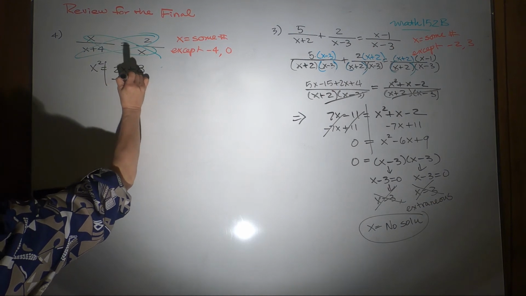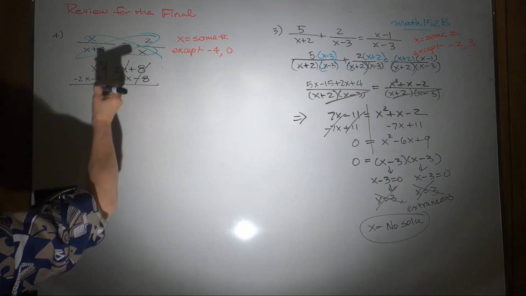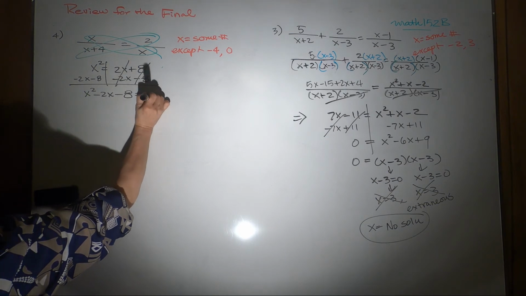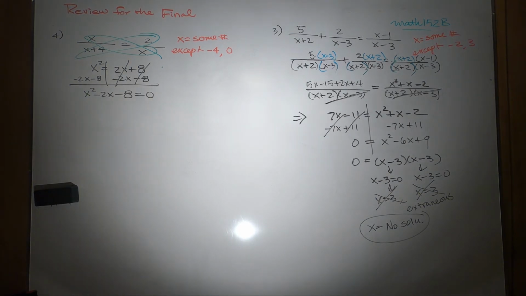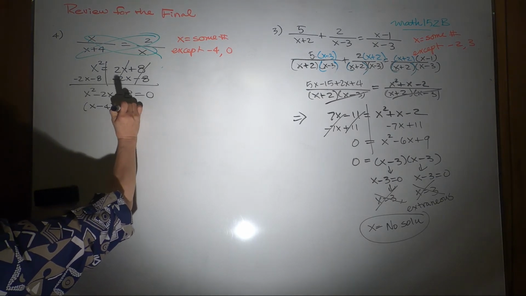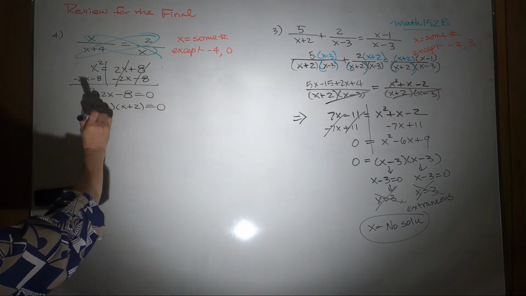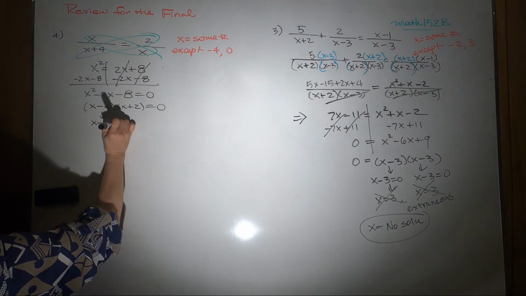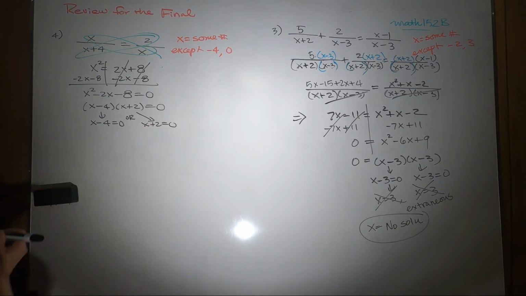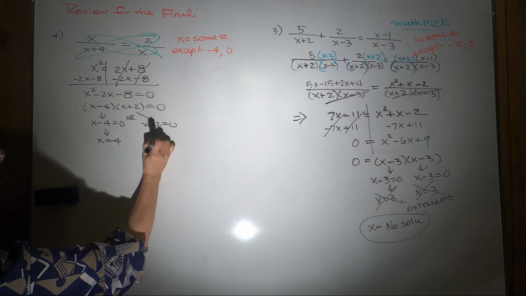Then we write it in standard form, right? So that would be x squared minus 2x minus 8 equals 0. Is that right? Okay, then we factor it. x minus 4, x plus 2 equals 0, right? Then you do zero product property. Each one can be 0. Then you solve your linear equation here. x equals 4, x equals -2,